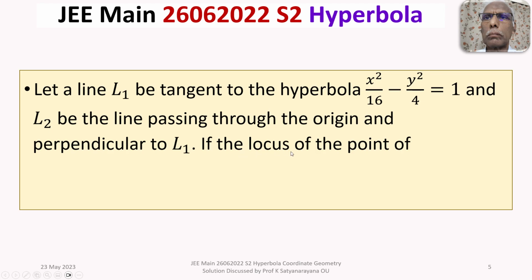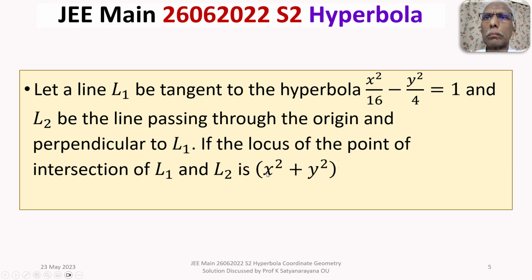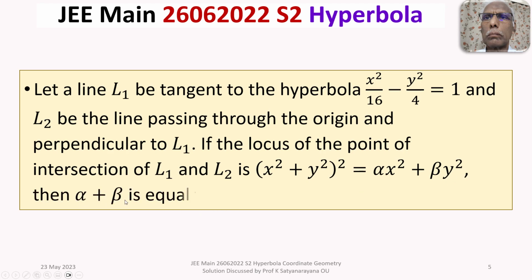If the locus of the point of intersection of L1 and L2 is (x square plus y square) whole square is equal to alpha times x square plus beta times y square, then alpha plus beta is equal to,